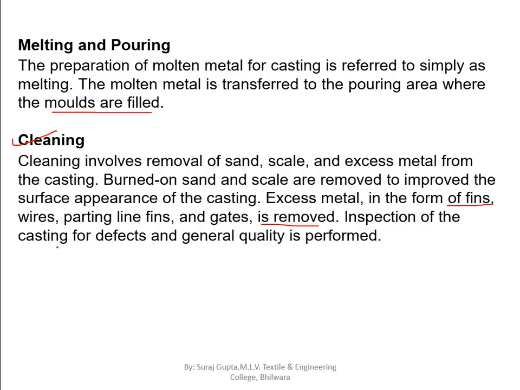The inspection of the casting for defects is generally part of quality management. This is also required, but in cleaning the defects are not to be removed; that is a different part. Cleaning is only to remove all the molding sand and take out the product, with easy removal of the extended parts over the surface of the product. So these are the steps used in making metal casting.